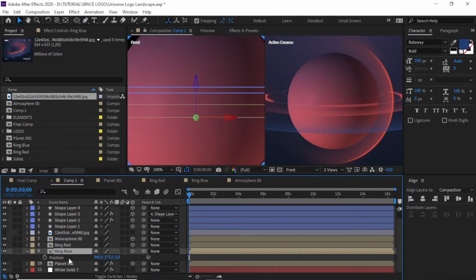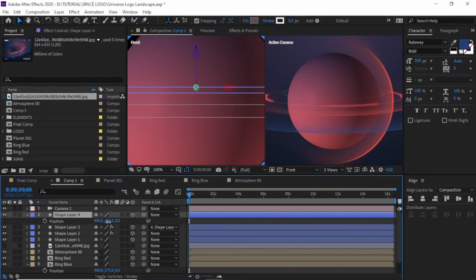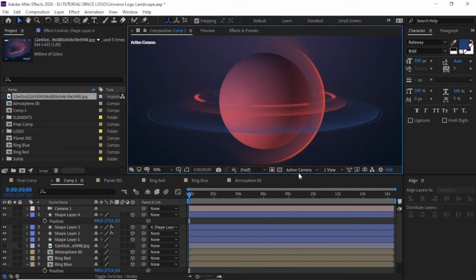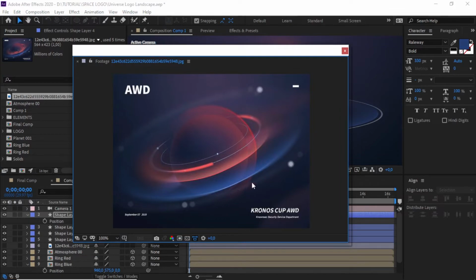Let's see the position limit 575 and this position is far away. We need to make it the same number, maybe like this, but we need to make it a little bit bigger because it's bigger and closer to the camera.